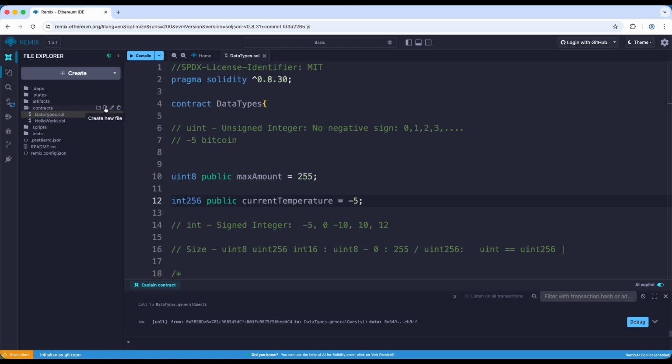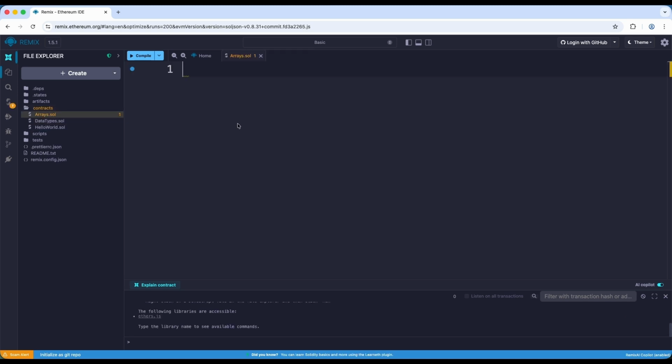Click on create new file and I will name it arrays.sol. Okay, here I will create a contract. First we have to add the license identifier, SPDX license identifier, and here MIT. Then what we have to mention? We have to mention the version. So pragma Solidity, the version will be